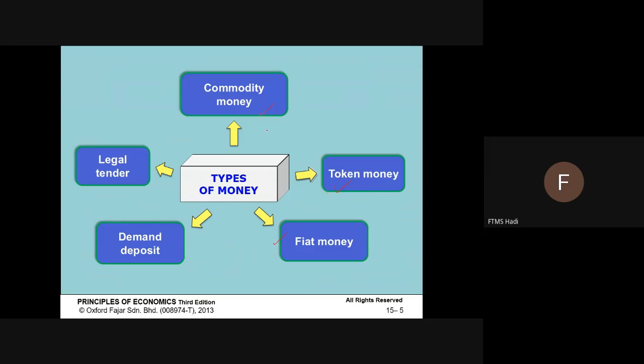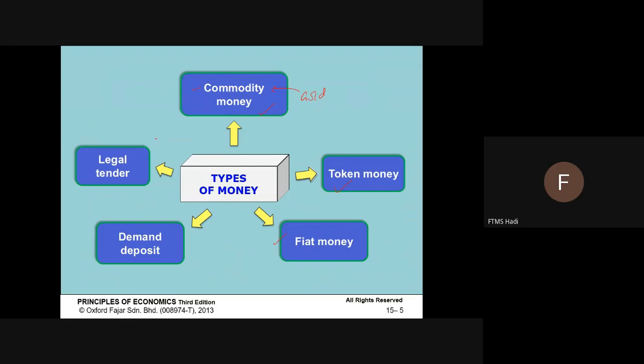Okay, commodity money. Commodity money means the value of money in terms of goods. I give an example: gold. Gold is one of the commodities whereby it is valued by money. And if you learn more on derivatives during principles of investment, we're talking about palm oil price, share price, and also foreign exchange. So these are the commodities. That means the value is derived from goods.